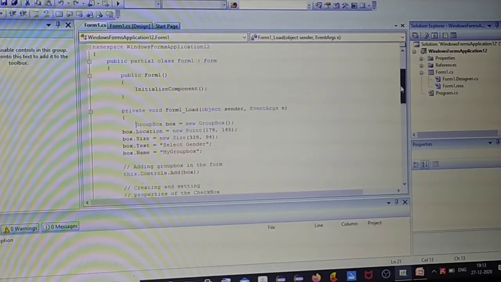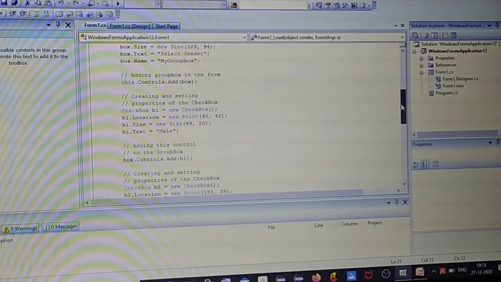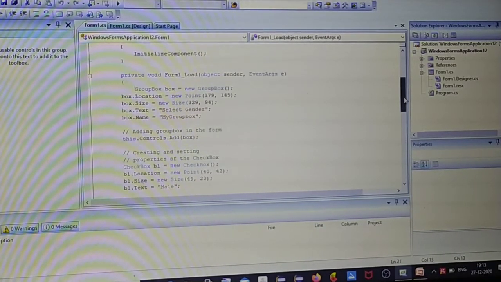See here, this is an example for group box control. The code goes like this. I have not done any designing for this code. Declaration should be done like this. Group box, the standard toolbox name. With respect to group box, create a new object